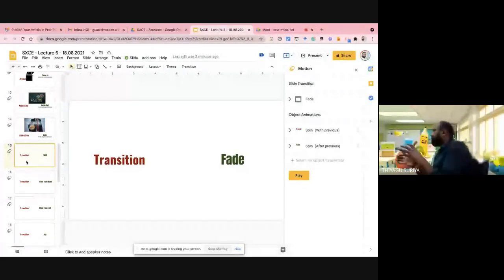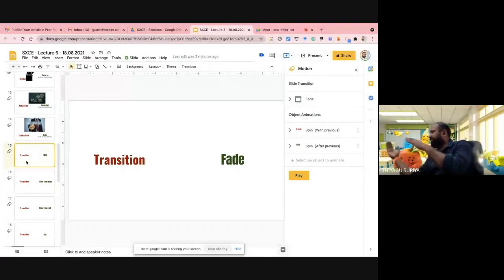So there is a small difference, but it's part of the animation only, the transition, right? Because for animations we can do the slide content. Each slide content, it may be video or audio, any content, we have to do some kind of animation. But the audio content is not possible because of the audio. But the video content also we can rotate like this. But the transition is only for one slide to the next slide.